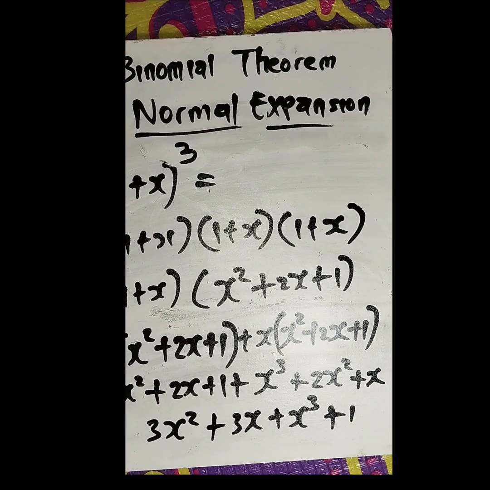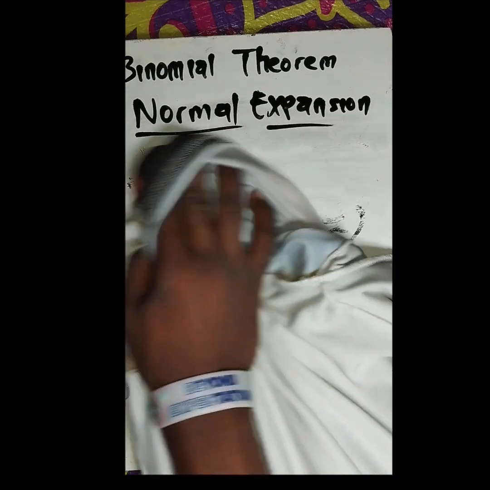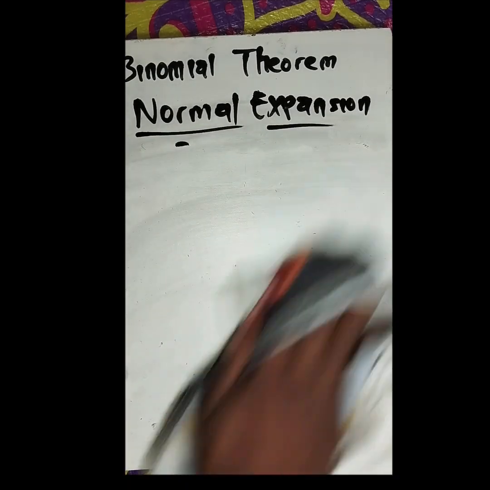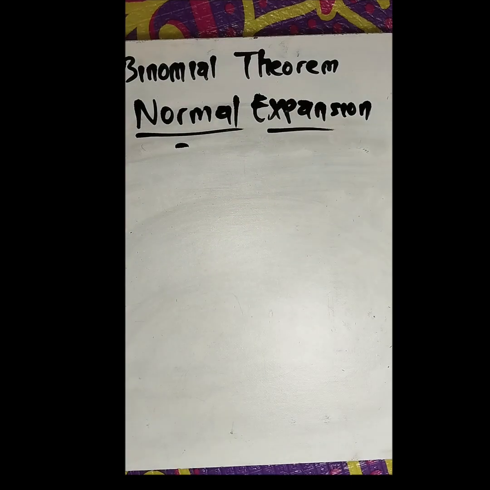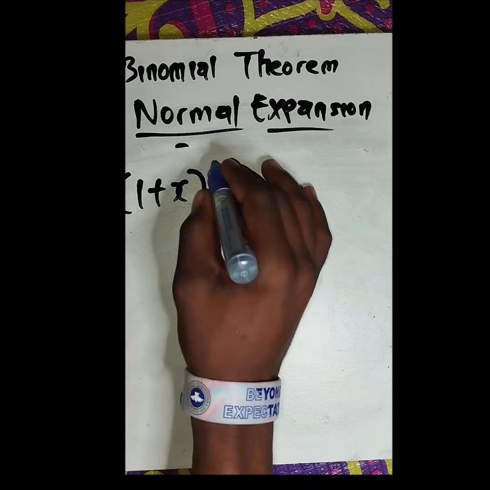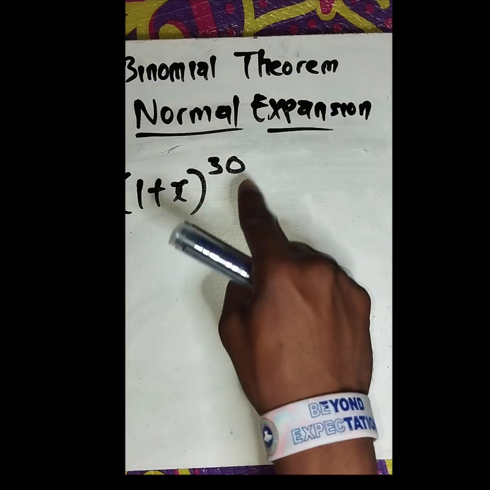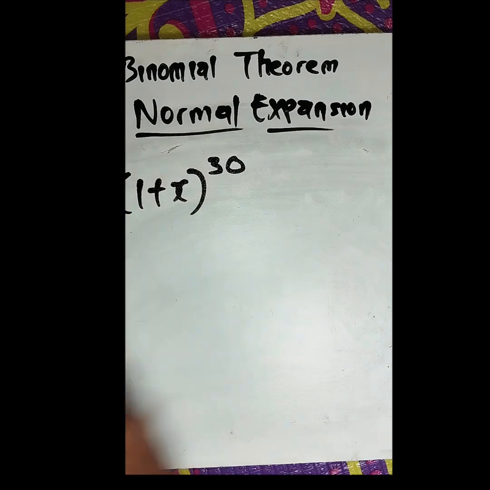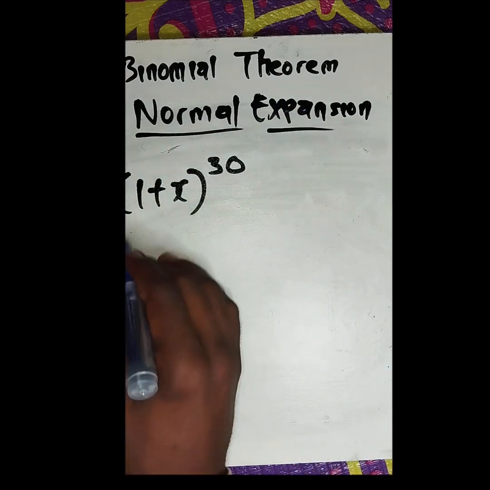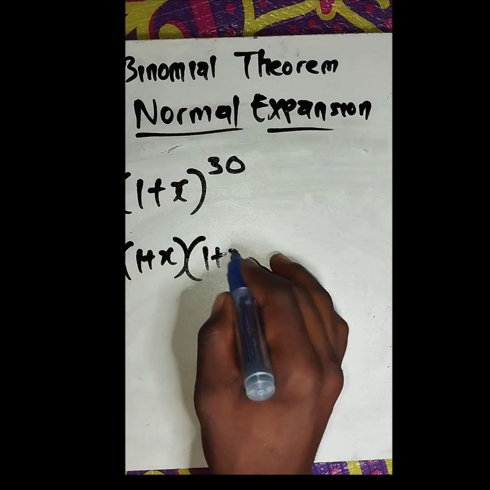Now, let me quickly show you something surprising. If I tell you to find 1 plus x to the power of 30. Wow. I know you might be shocked. The power is huge, right? It's large. Yes. Now, using normal expansion, that means we need to have 1 plus x times 1 plus x